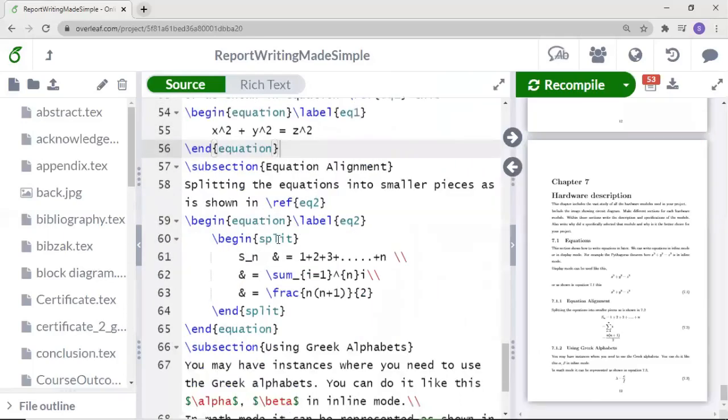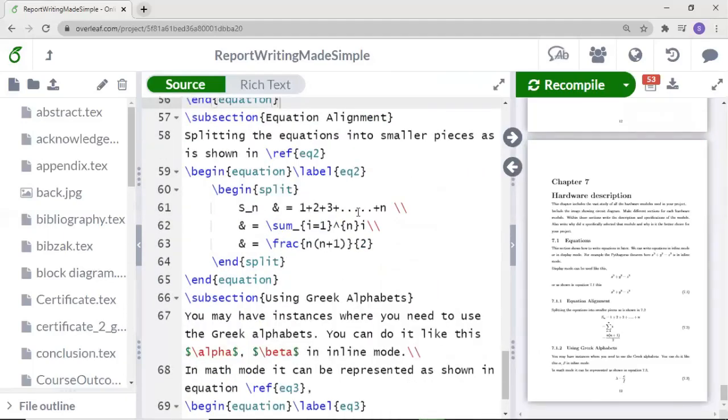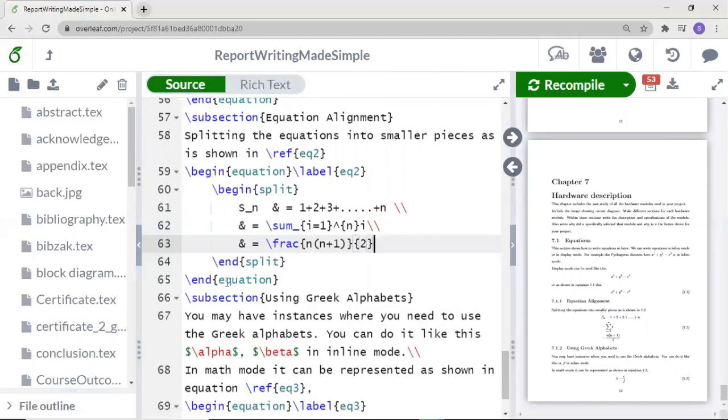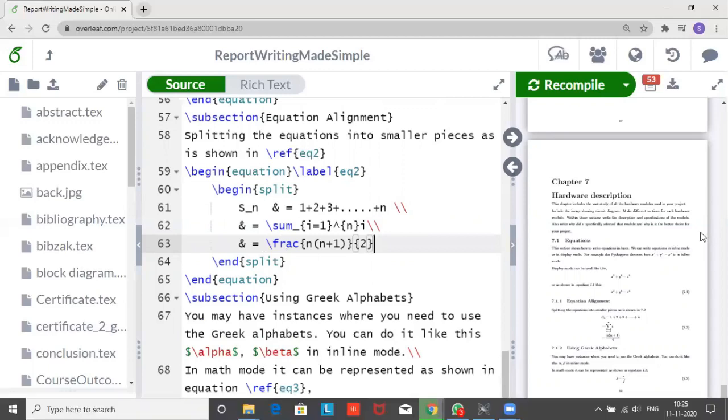There are cases when you are using more than one equation, and you need to align them because your report should be neat. For that, you have to include another block, that is the split block, inside the equation block. Here the long equation will be split into different parts. We can take an example of the sum of n positive numbers. We can have three formulas. One is the long one, where you have to add until n, the next one is summation, and another is the fraction formula.